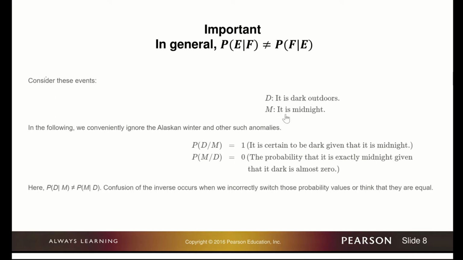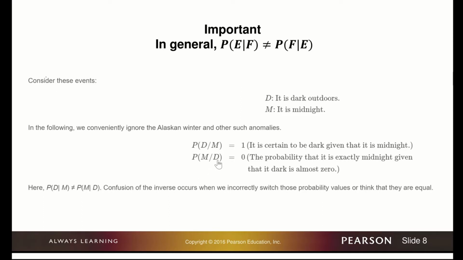Suppose that event D refers to it being dark outside, and event M refers to it being midnight. Notice that if you find the probability of the event D, meaning the fact that it's dark outside, given that it's midnight, at any location you may happen to be in on planet Earth, that probability is pretty much going to be 1, because at midnight, no matter where you are on Earth, it's going to be dark. However,